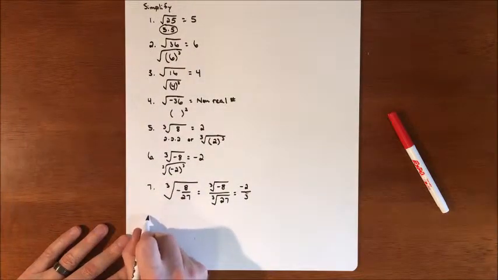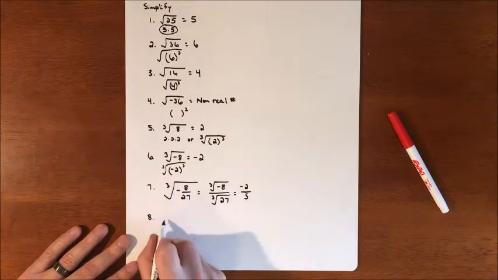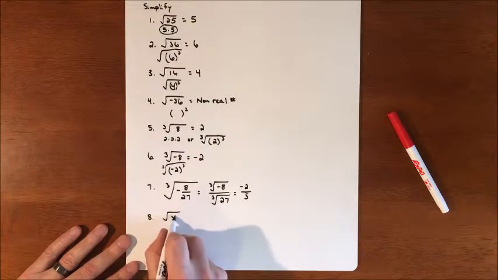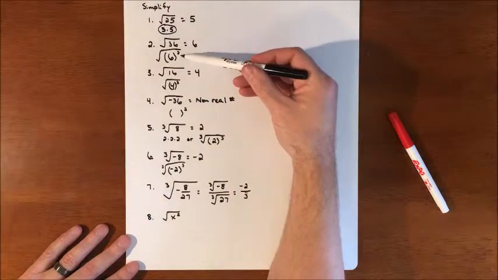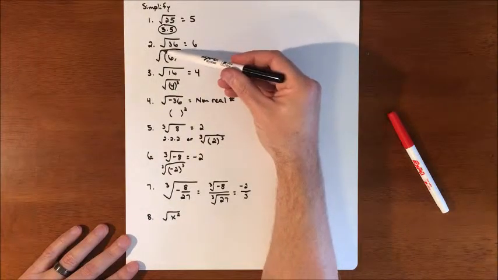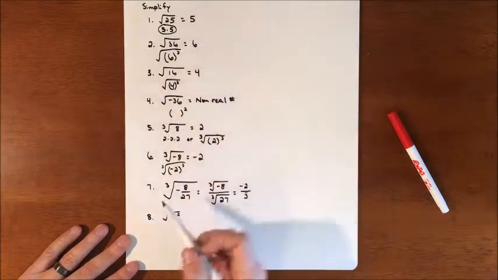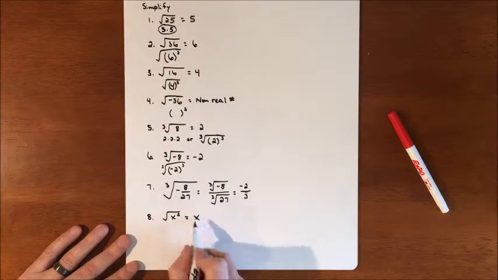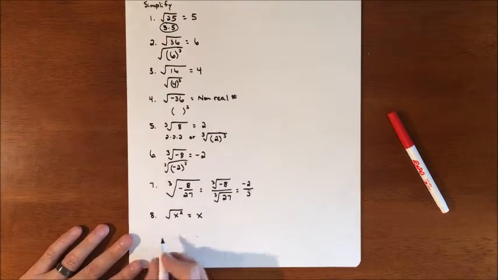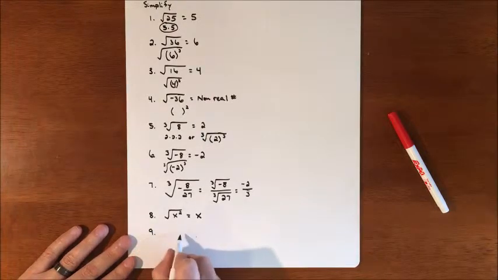This also will work with variables. If you are square rooting an x squared, it looks just like this problem up here. So squares and square roots undo each other. Squares and square roots undo each other, leave you with whatever was on the inside. So if it gets a little bit more complicated,